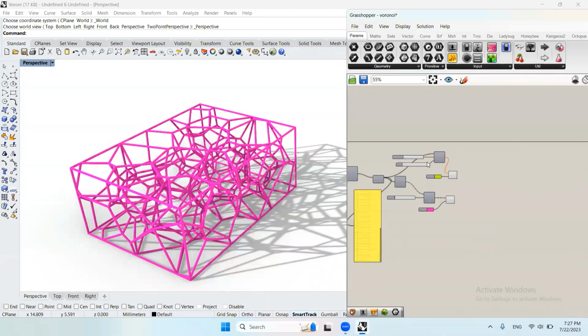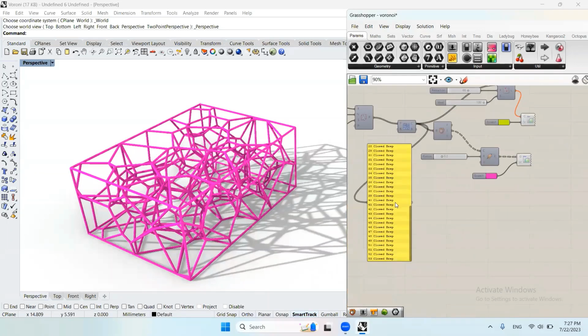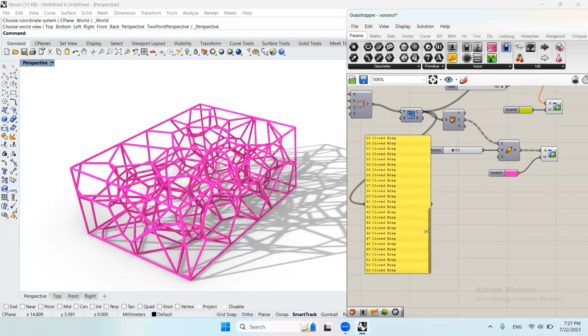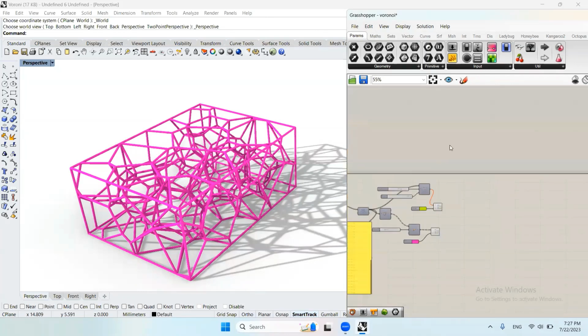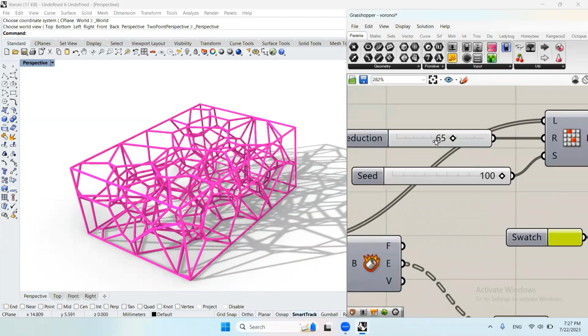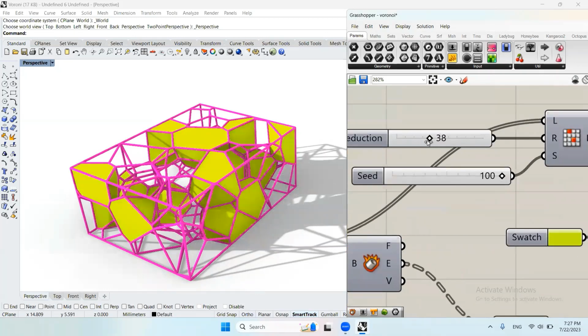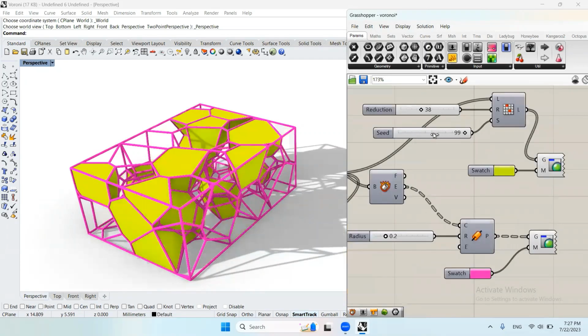And here you will find a problem with this element. You will find an error with this component because you have 66 to reduce, but you have only 53 cells. You don't have more than 66. So here I will need to make this number 38, for example. And here you can see the seed